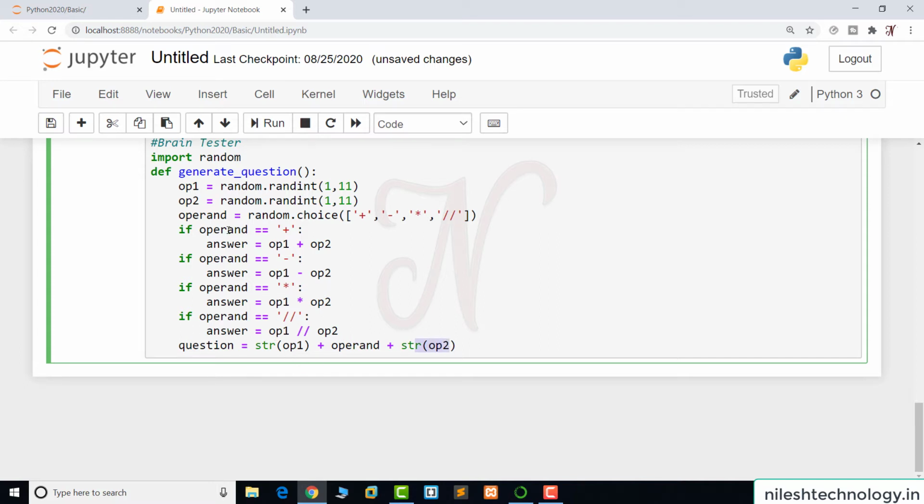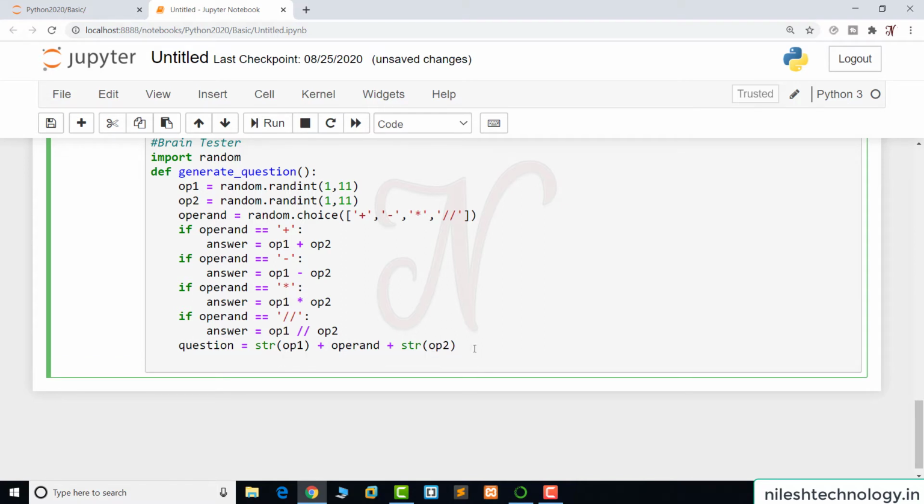For example, my first number is 5, the second number is 6, and my operator is plus. So here we create the question 5 plus 6, and in the answer variable there is the answer for these two operands. After generating a question and answer, we return these variables: question comma answer. Python has the functionality to return multiple values at the same time.